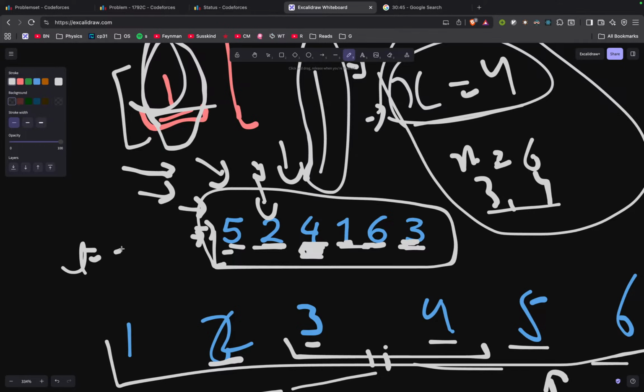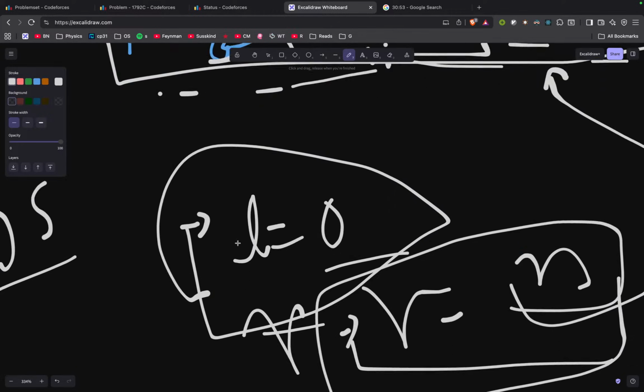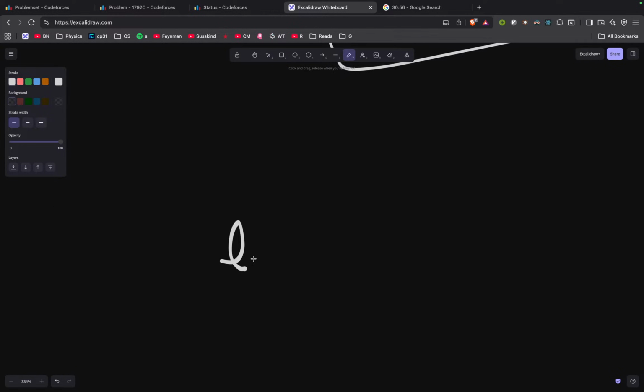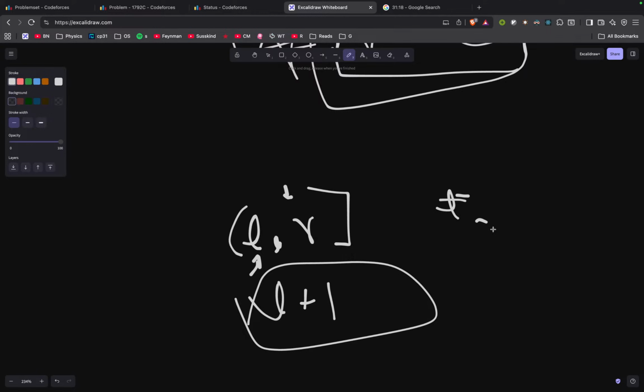L equals -1 is never the answer because -1 does not make sense. So our answer would always be in the range. L is never the answer. R is always a valid answer. So we will just keep reducing this range and our final answer will be L plus 1, because L is never the answer. L plus 1 would be the answer when R minus L equals 1. R minus L equals 1 when we have only one number in our range, and that number would be L